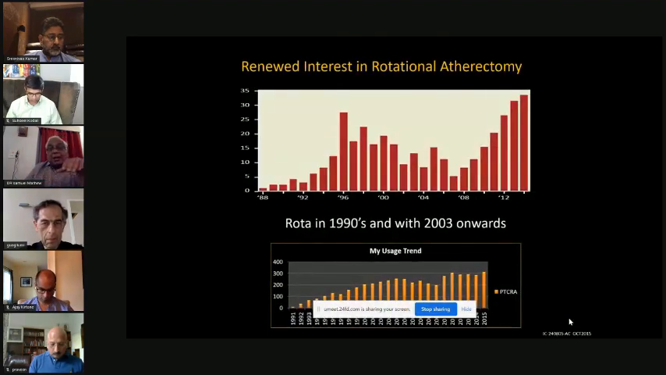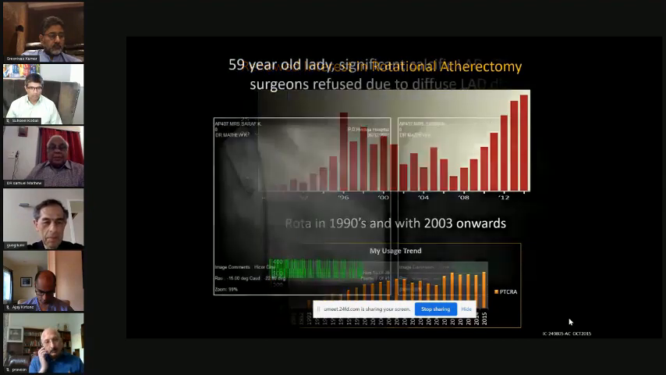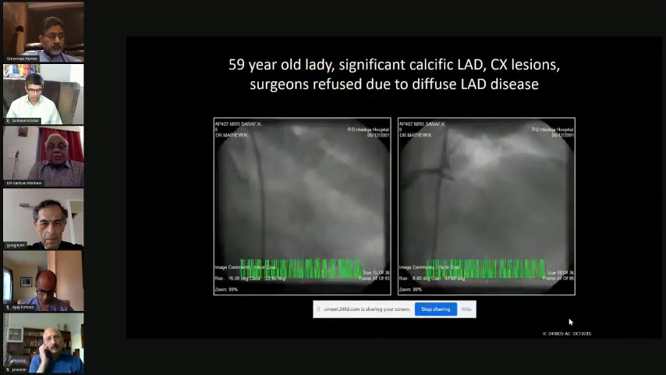Rotablator use had been showing a decreasing trend in the late half of last decade, and now it has picked up, and I feel it is going to stay as it was. Just looking at some of the pictures,